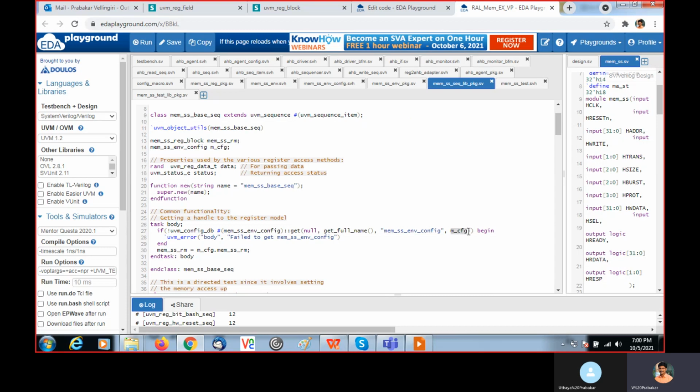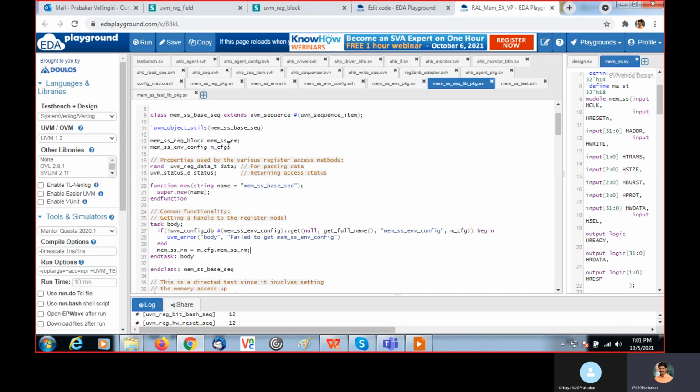So after getting this, I need to map this one. I instantiated this register block, right? For this, I'm getting the handle from the env config register model.